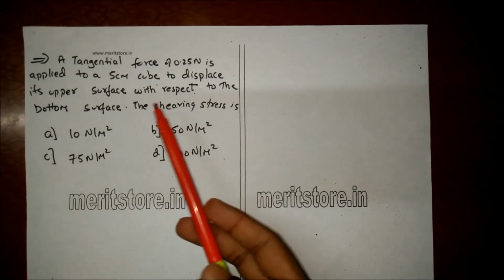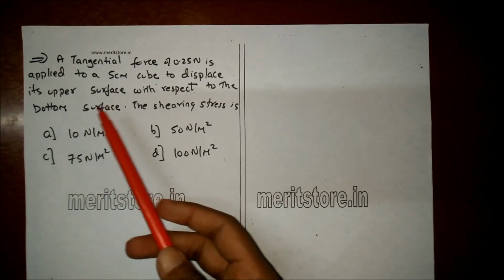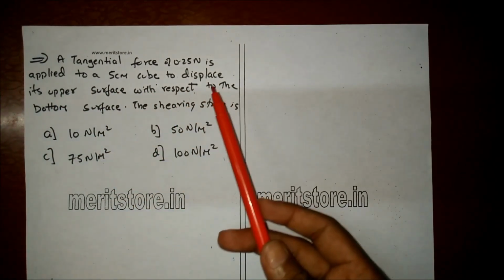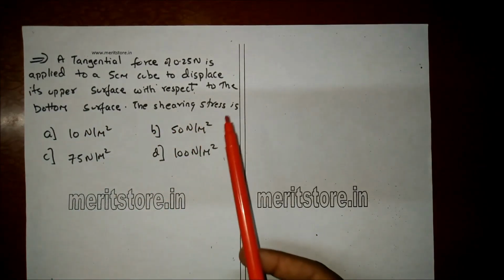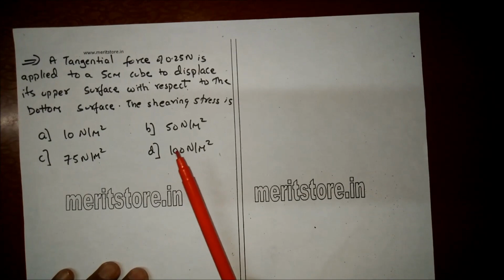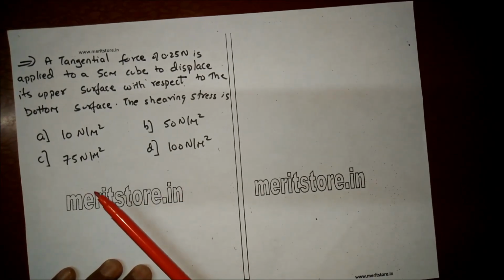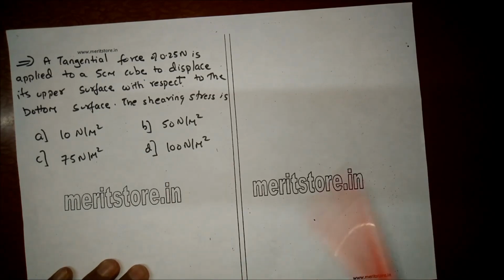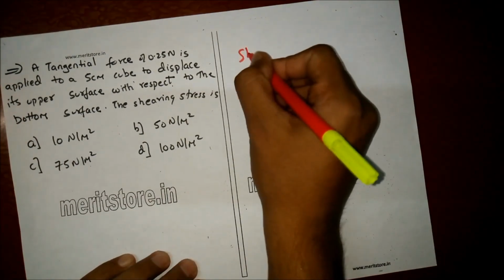A tangential force of 0.25 newtons is applied to a 5 centimeter cube to displace its upper surface with respect to the bottom surface. The shearing stress is: A, 10 newton per meter square; B, 50 newton per meter square; C, 75 newton per meter square; or D, 100 newton per meter square. Now the shearing stress